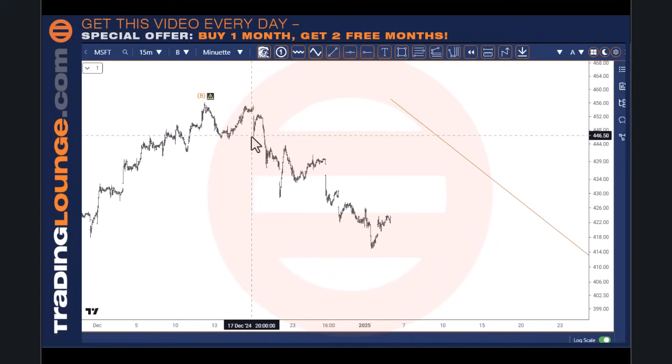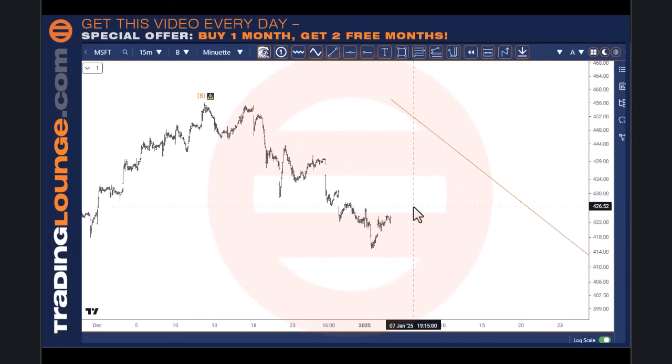I can also see this is 1, 2, 3, 4, 5 here, so we've got 5 waves here. We've got some sort of correctional pattern here that could be an A and a B and a C to this point here, or we can look at it as 1, 2 here, and 3, 4, and 5 to this point. It doesn't finish off very well here.